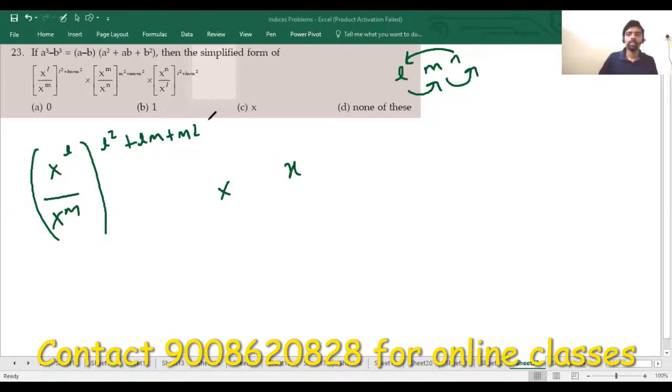See, after l, which is the next variable here? m, correct. Observe the second expression, that's x to the power m upon x to the power n, where the denominator is n. After m, the next variable is n, correct? Again, observe the exponent here. It is matching, guys. So this expression is in cyclic symmetry. So if the expression is in cyclic symmetry, what will be the answer, guys? 1. No need to solve it. This is the shortcut method.